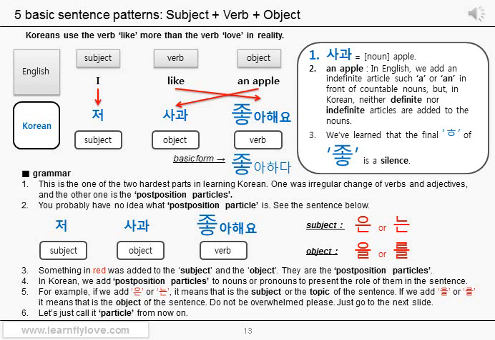However, we learned that this consonant is a silence when it's used as a final, and it doesn't add any sound to the next letter, a, which has the empty rounded consonant ing. So it's just